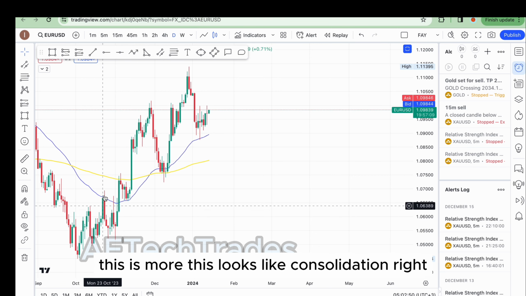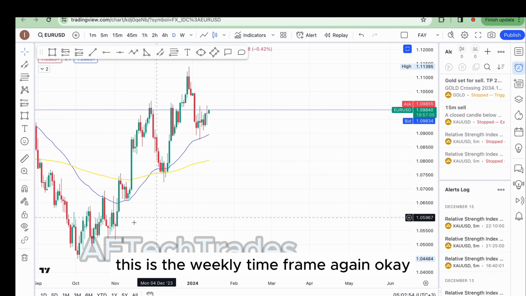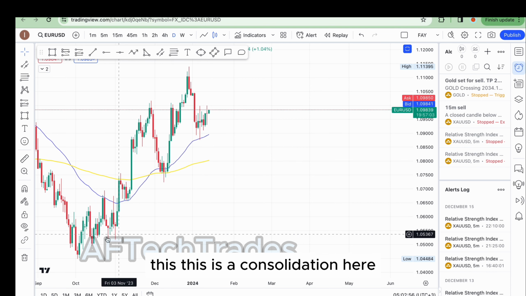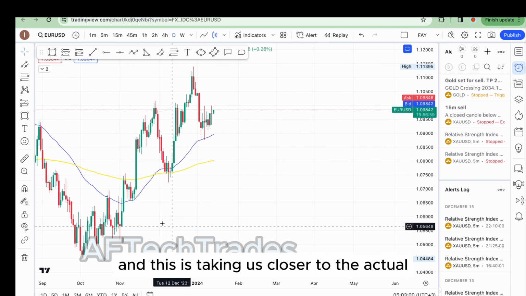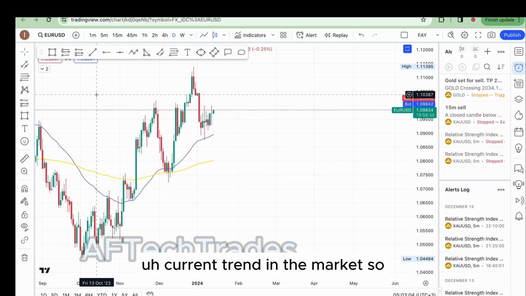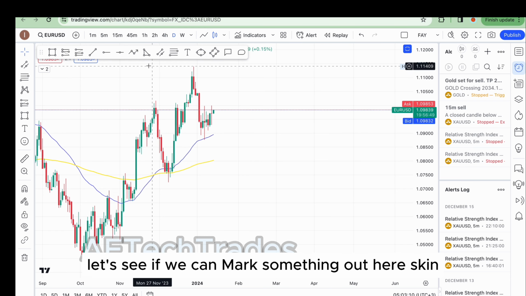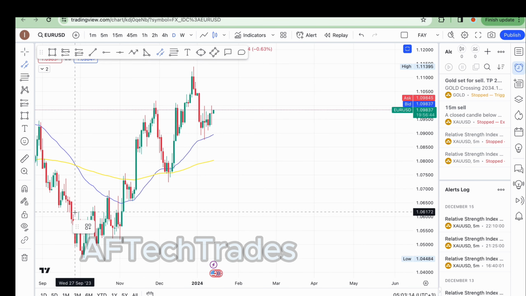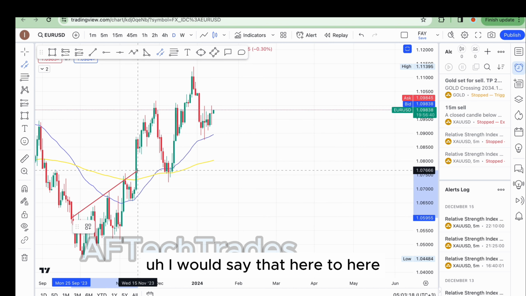If you see here, this looks like consolidation, right? This is the weekly time frame again. This is a consolidation here, and this is taking us closer to the current trend in the market. So in this case, after this consolidation zone, let's see if we can mark something out here again. I would say that here to here,